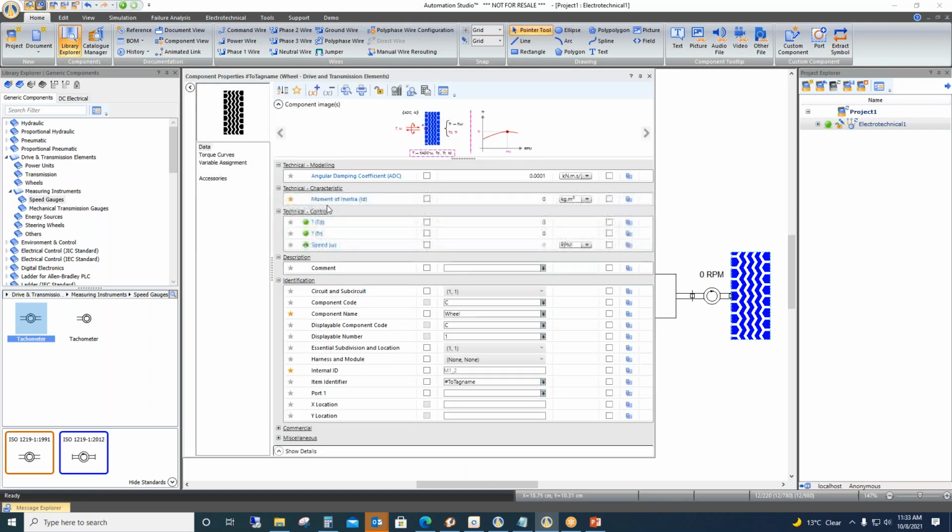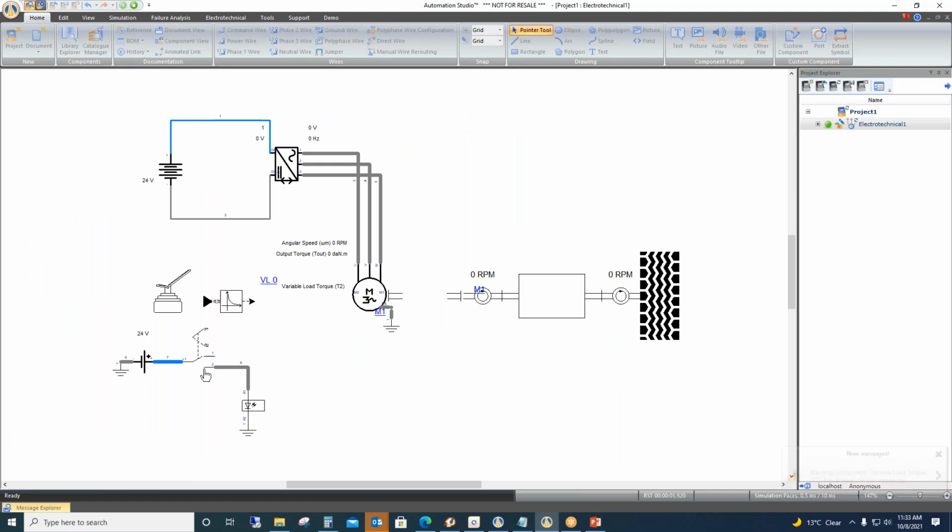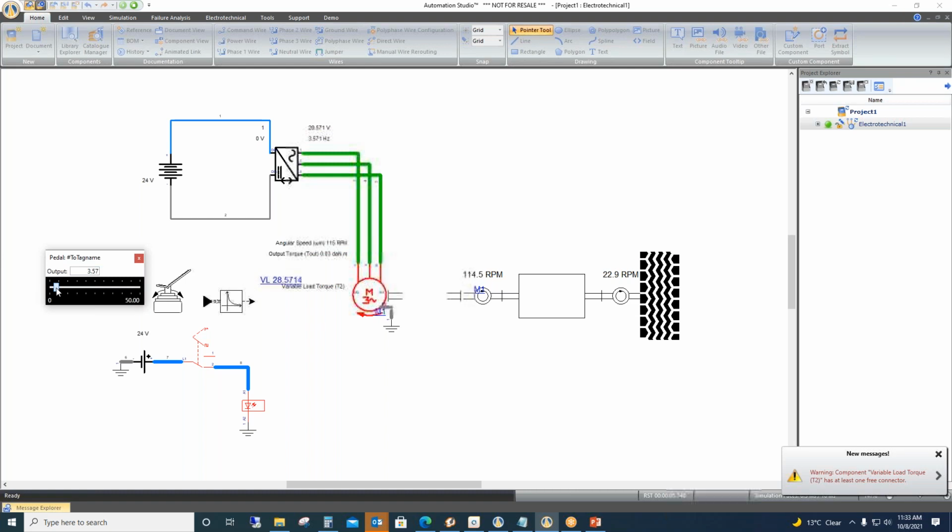Yes, sir. Because right now, if I double click on this wheel, here the moment of inertia is kept as 0 by default. No, I am talking about when you go to 67 miles per hour or kilometers per hour and press the accelerator. Today it is 0 because you have not fed any frequency to the motor. So because you have not made any frequency, input RPM is 0, output RPM is 0.